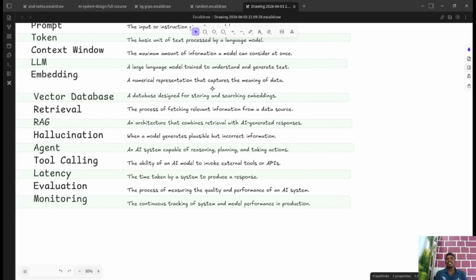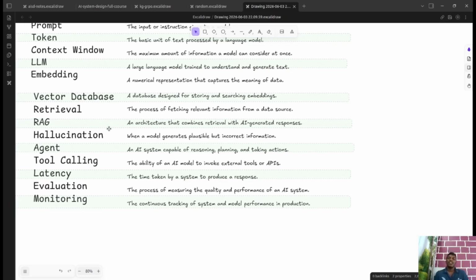So the retrieval process is more concerned with getting the required information out of the vector database, and the RAG architecture is also concerned, alongside the retrieval, with shaping the responses using LLMs or AIs.